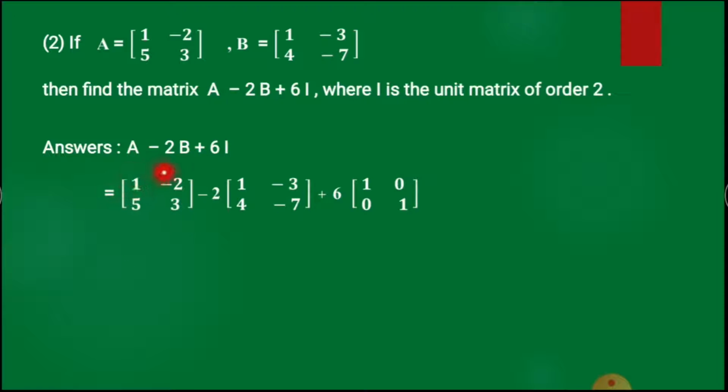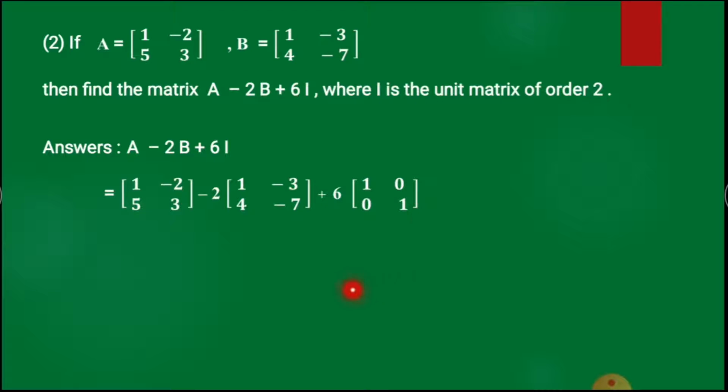Then 2 into the value of matrix B, that is matrix B having elements 1 minus 3 4 minus 7 here, then plus 6 into the identity matrix. So here we have considered the matrix having elements 1 0 0 1 because the given matrix is of order 2 by